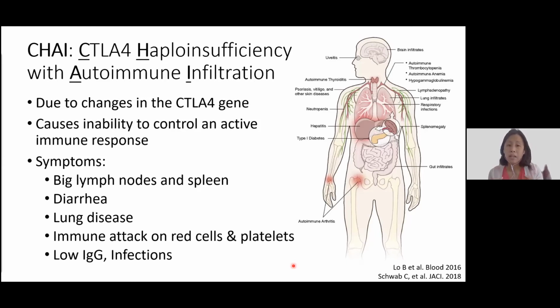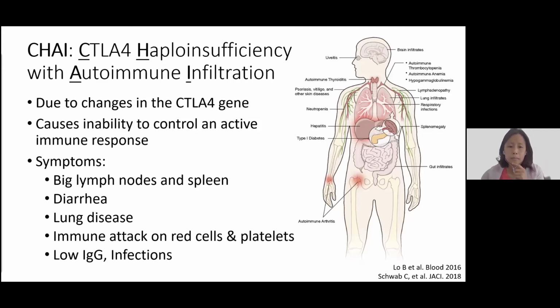They can have attacks on their lung and develop a lung disease. They can also attack different parts of the blood cells, such as your red blood cells and platelets, and cause anemia or low platelet counts. And some of these patients also have very low IgG or antibodies, and this causes them to be at risk for different types of